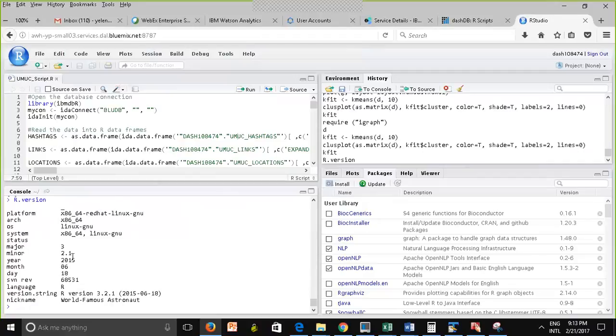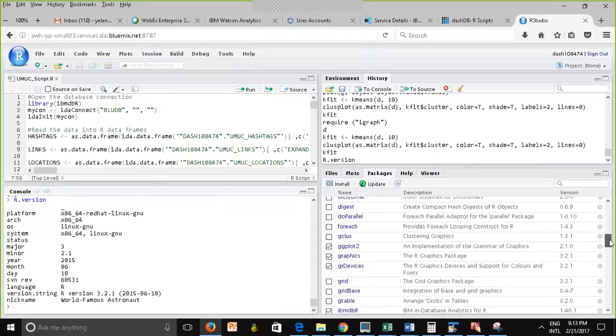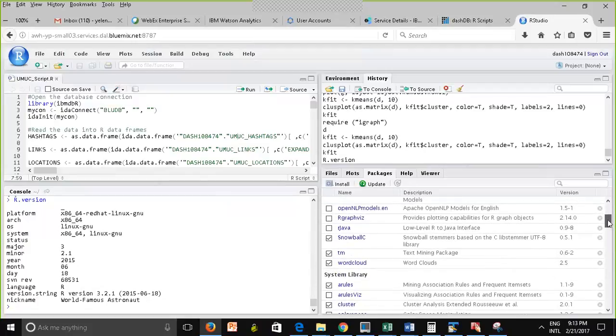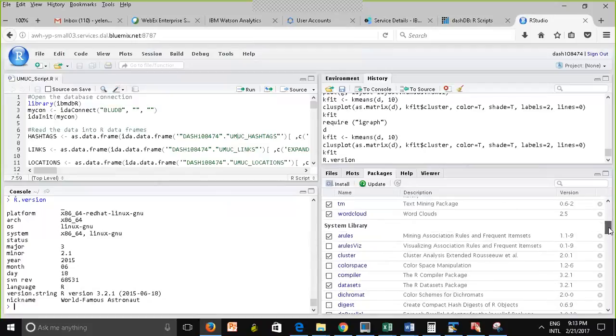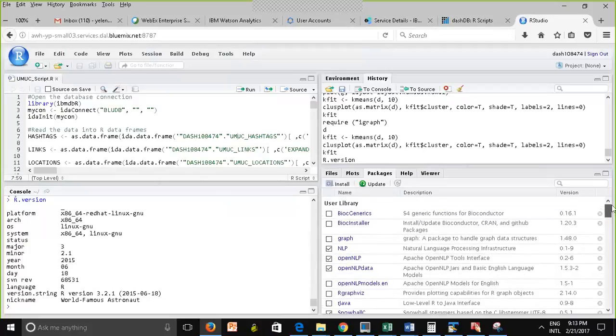So, warning: some packages that you were able to use in the last homework assignment might not be available here. But you'll still be able to do the text mining, and to do some of the text mining analysis that you were doing last week, you would need to install the packages. Whatever you see here under system library was available when I launched it for the first time. But everything in the top section here was not.